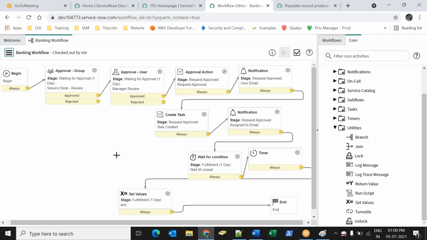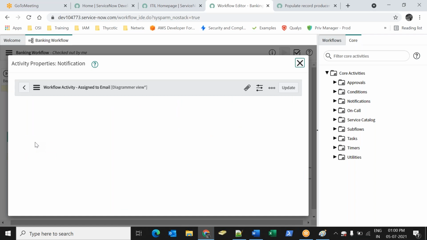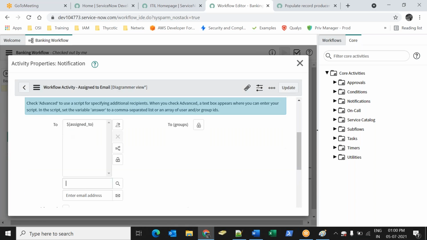What if it is rejected? Right? If it is rejected, what happens? Then you need to define the workflows again, a separate workflow, right? Something like you will send a notification. I'll just copy this. And whoever it is assigned to, it will go to